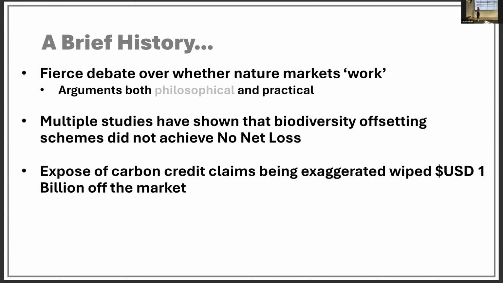And we know from the carbon credit market, many of you, I'm sure, saw a couple of years ago, there was a huge exposé in The Guardian that alongside a few other studies showed that the claims of carbon credit organizations were being exaggerated. They were claiming that they were sequestering or preventing from being emitted more carbon than the truth. And in aggregate, that exposé resulted in $1 billion being wiped off the carbon credit market overnight. So there is this huge imperative to be sure that when we're measuring something and making claims about evidence of measuring something, those claims are actually accurate and representative, to ensure that our credits are representing what they claim.